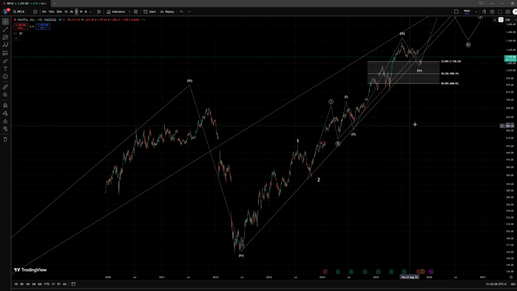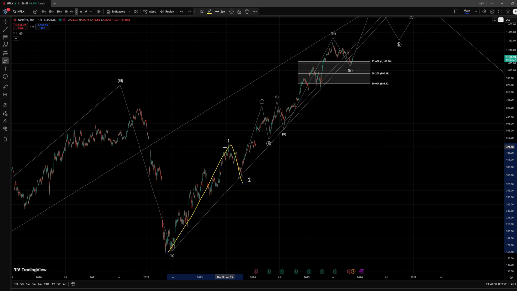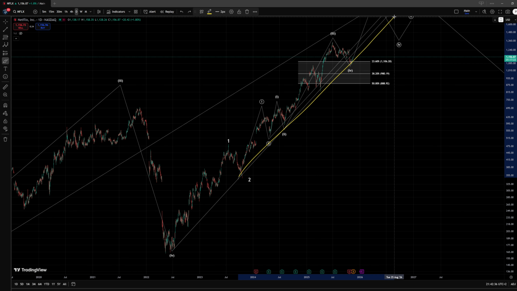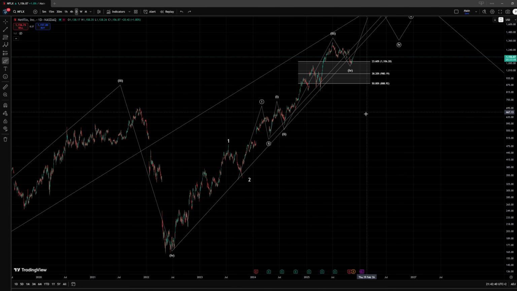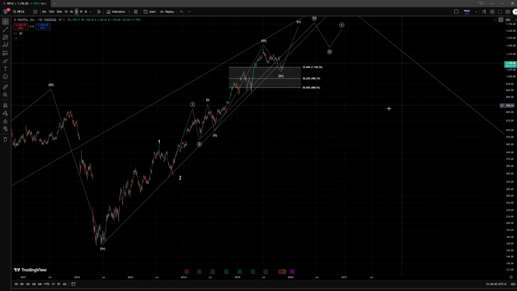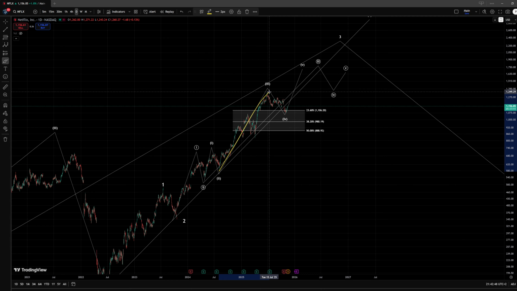and within it we have this structure, an initial 1-2 setup where the wave 1 has developed as a leading diagonal. Then we have within the larger wave 3 a double 1-2-1-2 setup in this area as well. Could be counted in a couple of different ways, but honestly it would have the same outcome because I would still be tracking this as the actual wave 3 to the upside,